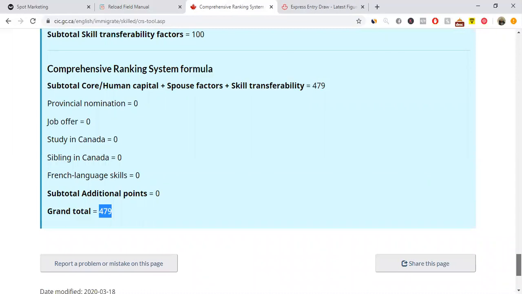Now, what this assessment does is it helps you to compute and bring together different variations towards your application. The first priority you should look at is, how can I come into Canada under the Federal Express Entry Program? The Federal Express Entry Program is the easiest, which is what I just did now. It's the easiest because it is direct and straightforward. Now, if after computing all the various variables, you see that Federal Express Entry won't be possible, then you start looking at other immigration pathways that you can be a part of.